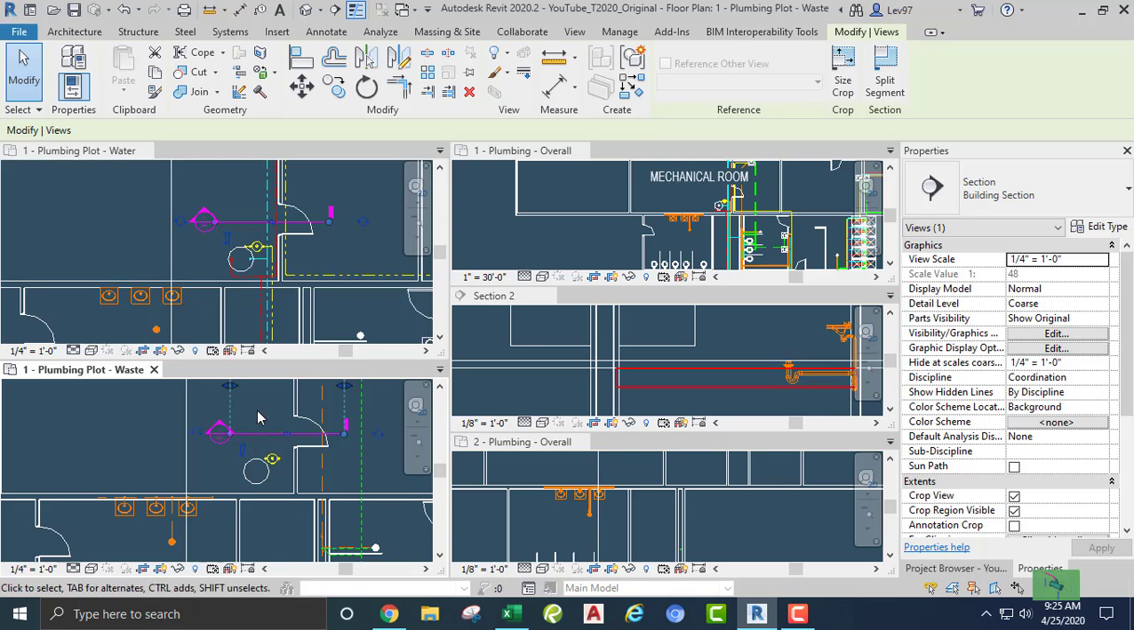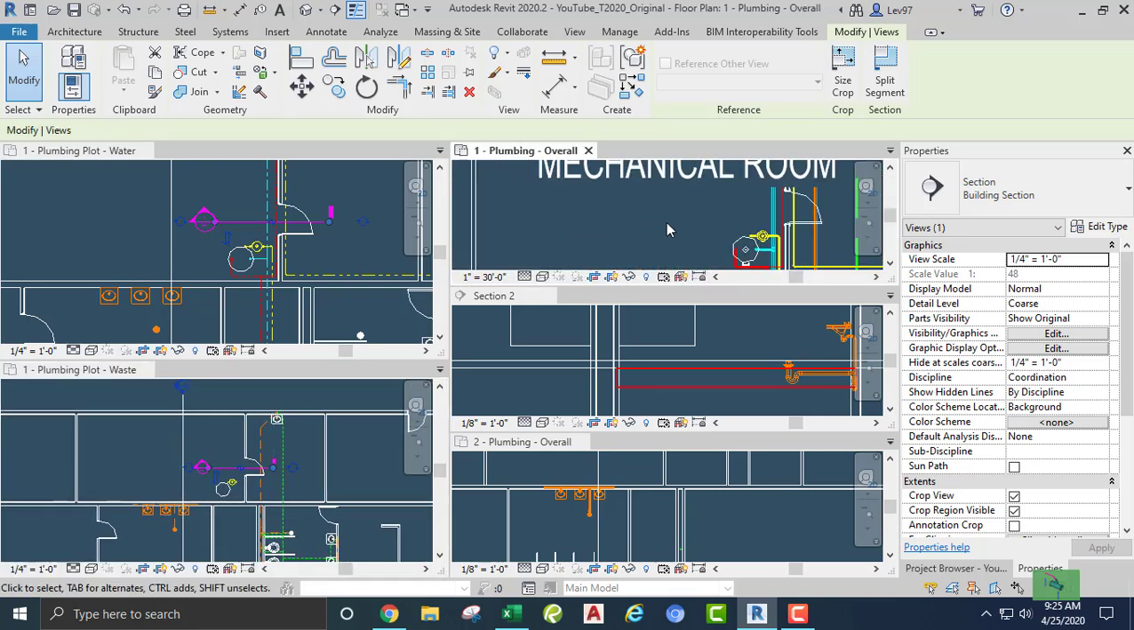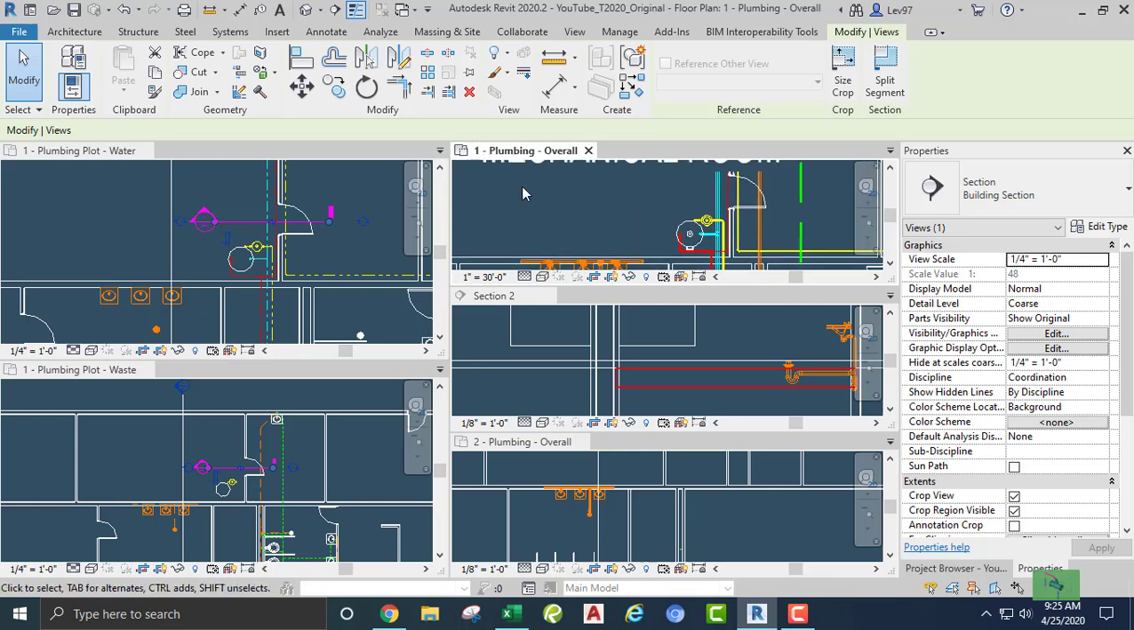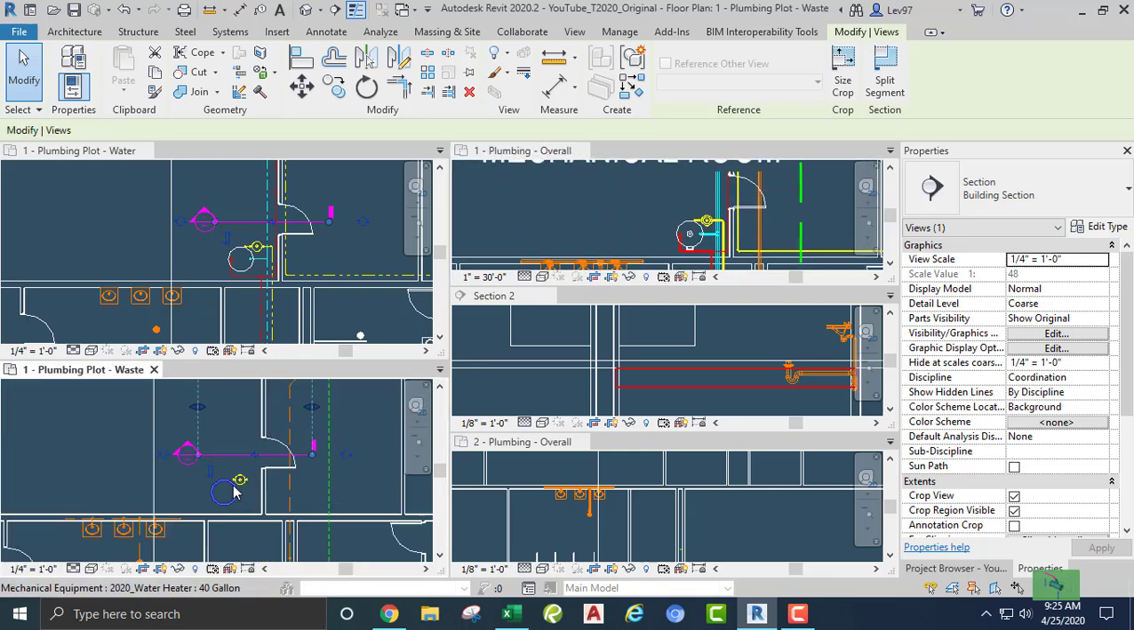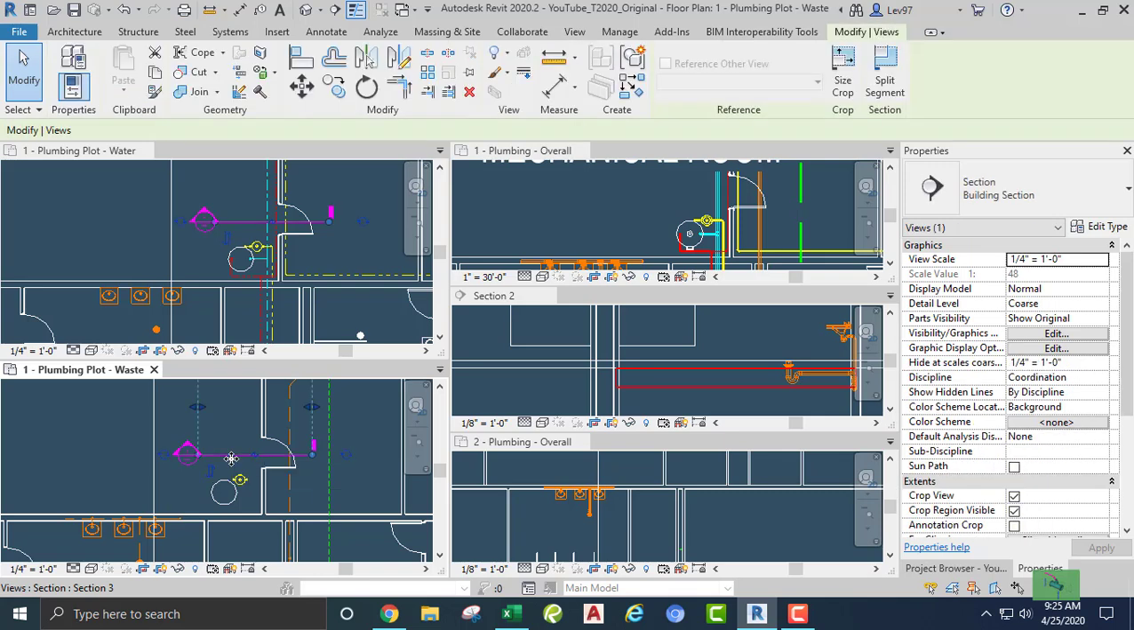I just drew it. I drew a section. And I want it to populate throughout my model, right? This is on the first floor. I know I'm in the mechanical room. Okay, I know this is the mechanical room. But when I go to the mechanical room on the first floor overall, the section's not there. So to make a long story short, guys,